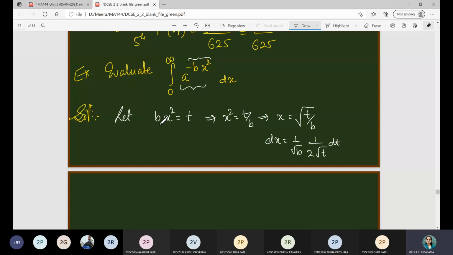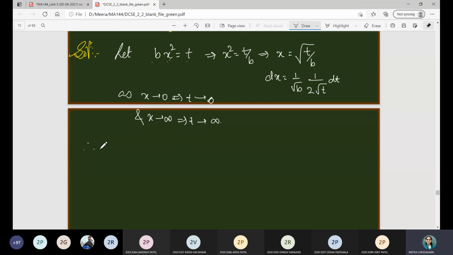Also the limits: x tending to 0, t will be also tending to 0 because b into 0 will be 0, and x tends to infinity, so b into infinity will be also infinity. So limits will remain same for this substitution. So as x tends to 0 implies t tends to 0, and x tends to infinity, t will be also tending to infinity. So therefore I is equal to, which is the given integral, a raised to minus bx square